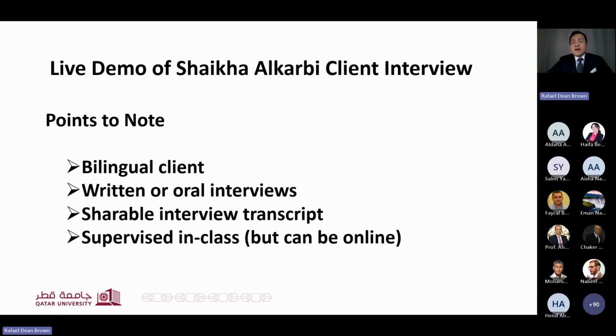So before showing you a demo of the Sheikha Al-Karbi client interview, I wanted to point out some characteristics. One, this is a bilingual AI client. You can do the interview either typing it into ChatGPT or speaking to it, and I'll demo both. At the end of the interview, you can share the transcript. You can actually go and share the transcript to the professor, so I can see exactly the questions that were